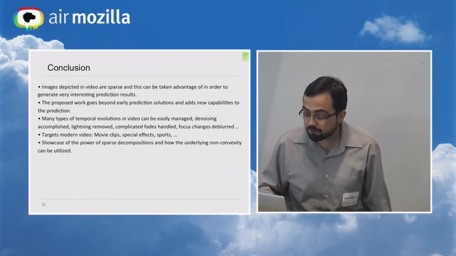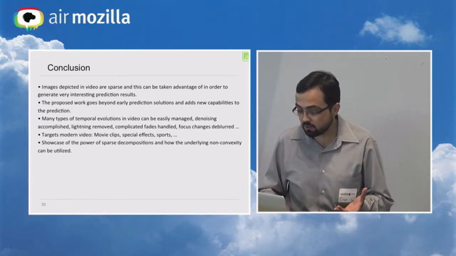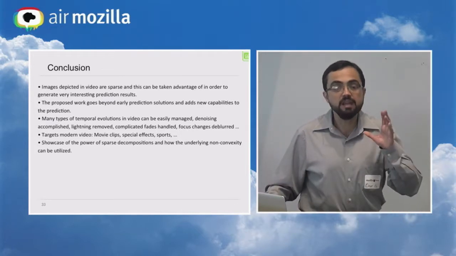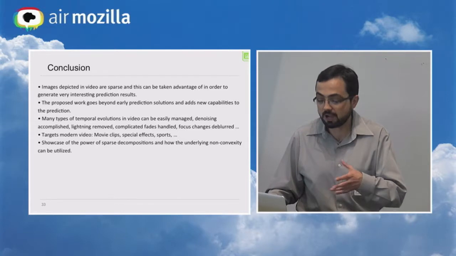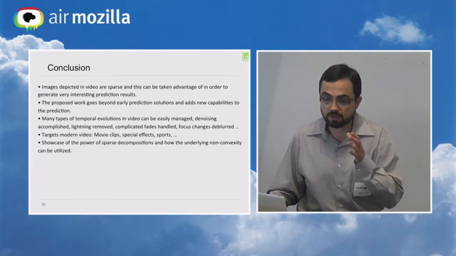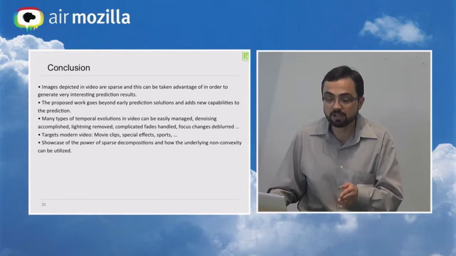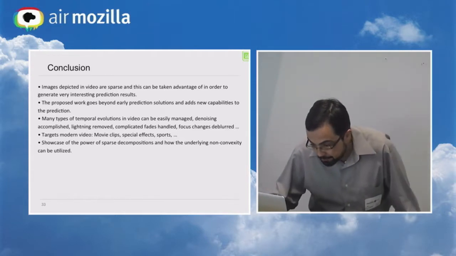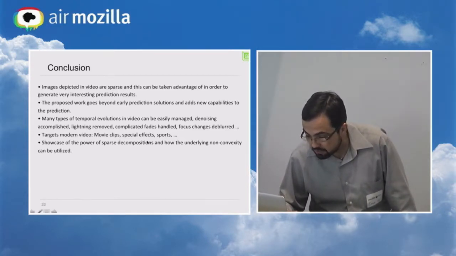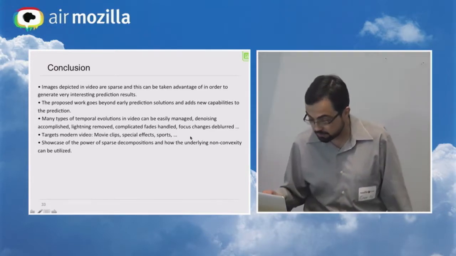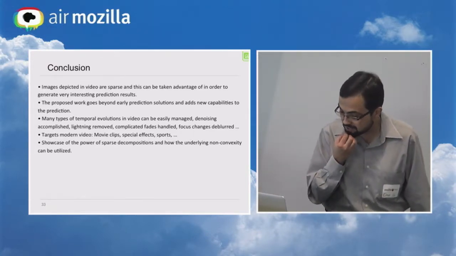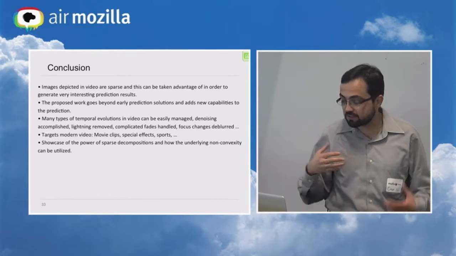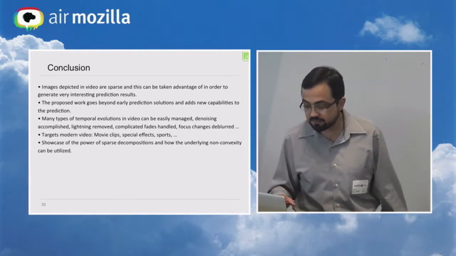So again, many types of temporal evolutions this technique handles. It does denoising, removes lightning, handles complicated fades, focus changes, etc. And the algorithm is not at all impacted by having one transition versus another. It's again this low-level, simple algorithm that does these least squares computations in coefficient transform domain. So it targets modern video, movie clips, special effects, sports, etc., and these boring sequences, I suppose. It also targets them with reduced gains. And I think it's basically the power of the sparsity compositions and the non-convexity of images and video,